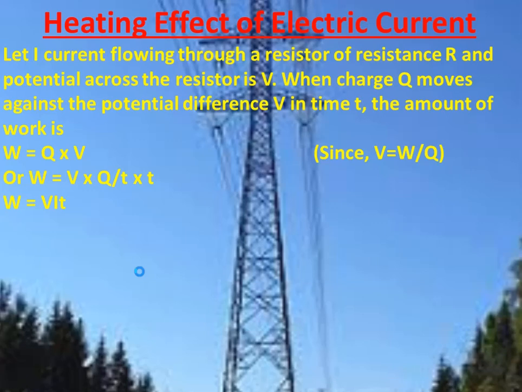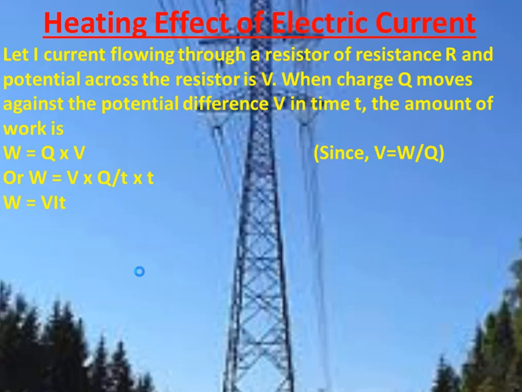On the other hand, if the electric circuit is purely resistive, that is, a configuration of resistors only connected to a battery, the source energy continually gets dissipated entirely in the form of heat, and this is known as the heating effect of electric current. This effect is utilized in devices such as electric heater, electric iron, etc. In simple terms, we can say that when an electric current passes through a conductor, the conductor becomes hot after some time and produces heat. This is called heating effect of electric current.